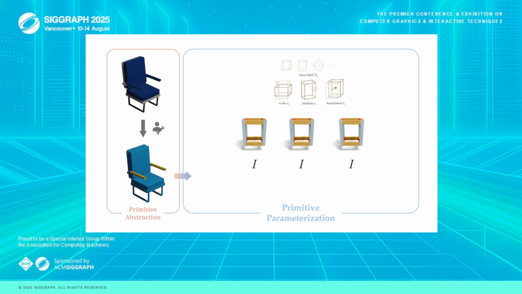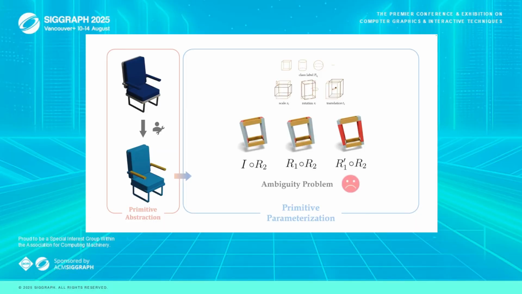Consider this cuboid example. First, look at the cuboid in the middle. When it rotates 180 degrees, it completely overlaps with the original. Then look at the cuboid on the right. After rotating 90 degrees and then swapping the coordinate axes, it completely overlaps again. We can see that this problem of multiple parameters corresponding to the same state cannot be solved by changing the